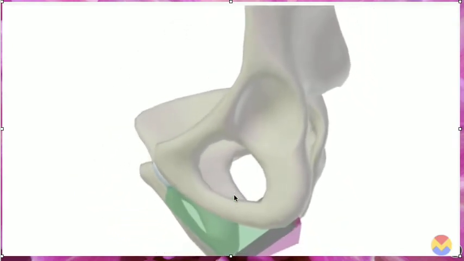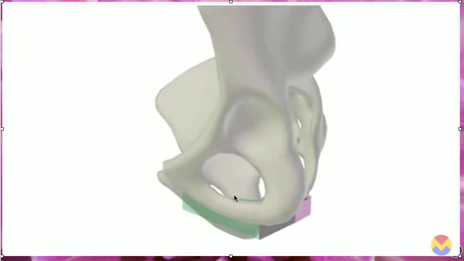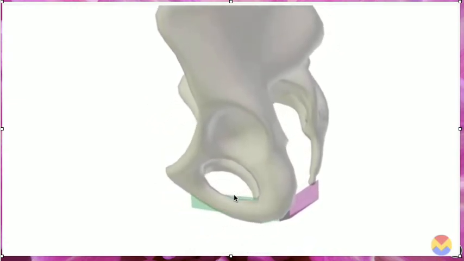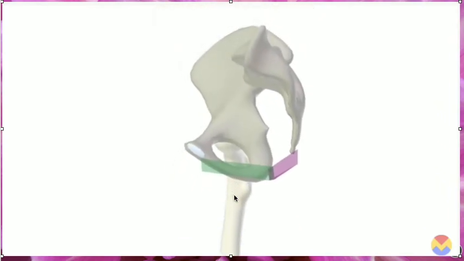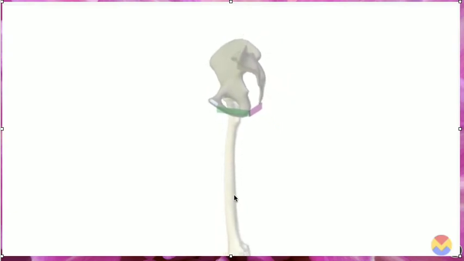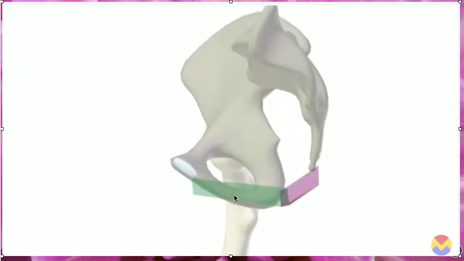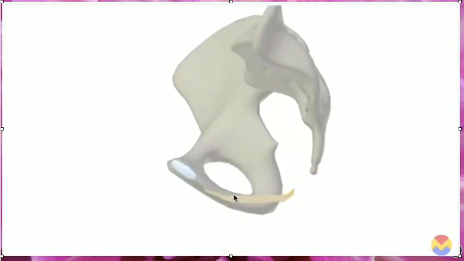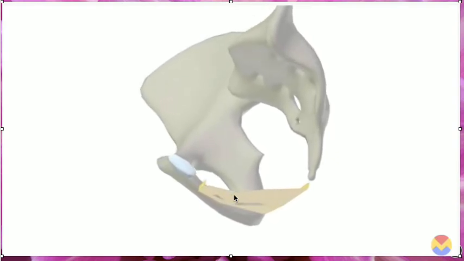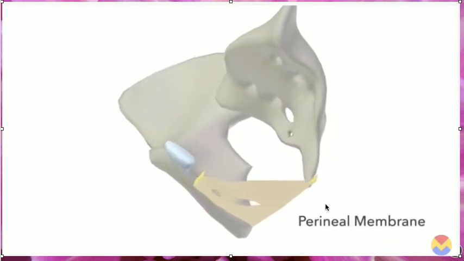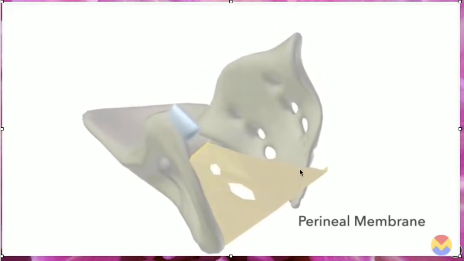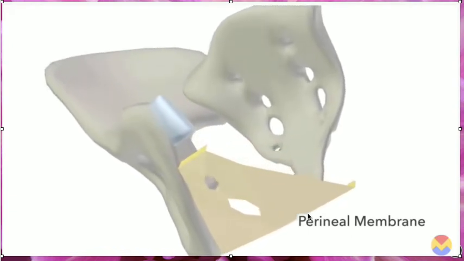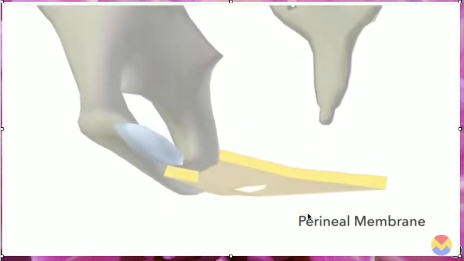Okay, so now we know where the exact perineum lies. This is the interposing femur. This is the perineal membrane, which is folded upon itself. This is presenting with two openings. This is a roughly triangular membrane, the perineal membrane, which we'll discuss in detail in this lecture.